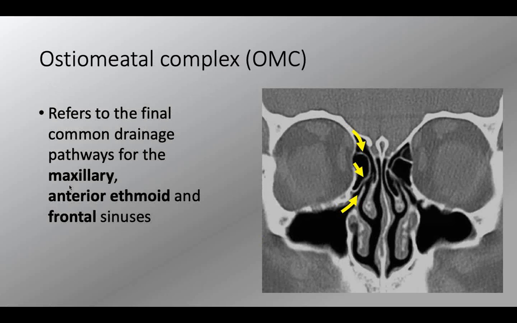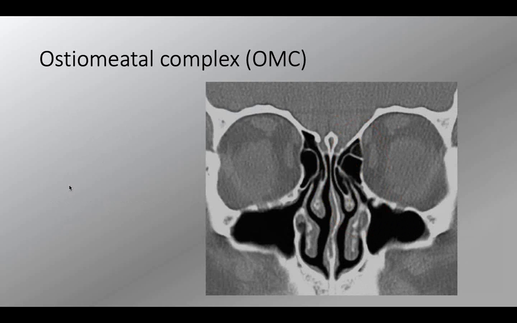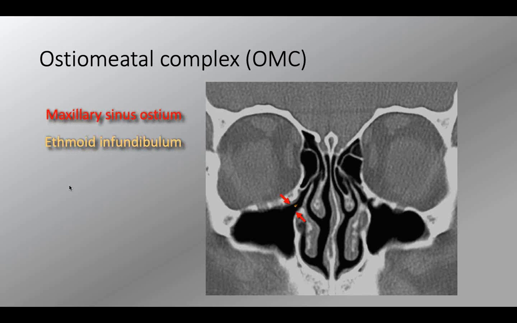So let's go to something quite difficult, the ostiomeatal complex. It's quite many anatomical structures. It refers to the final common drainage pathways for the maxillary, anterior ethmoid, and frontal sinuses. The anatomic components of this complex are, first, you have the maxillary sinus ostium, then you have the ethmoid infundibulum,